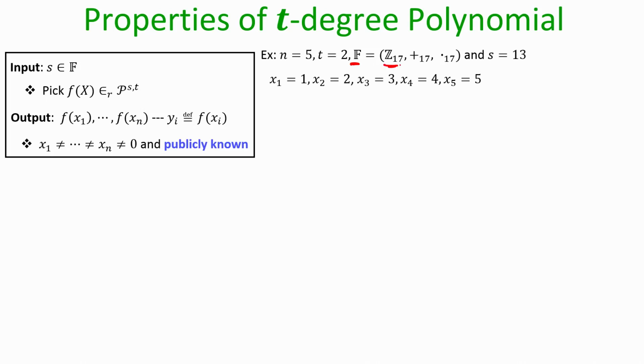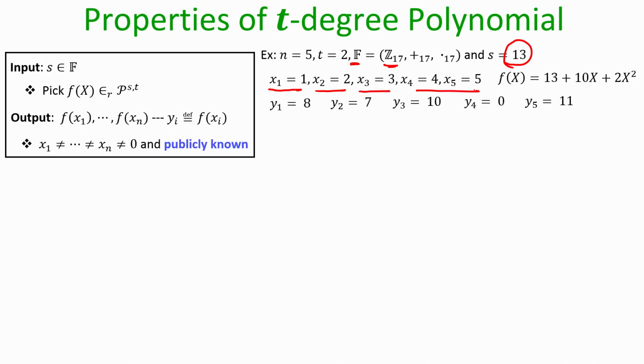Okay. So, let me demonstrate this property with this example, where I take the field to be Z17 and my input in the experiment is 13, and I am fixing my evaluation points to be 1, 2, 3, 4, 5. That means, suppose in the experiment my input was 13, I could have chosen any 2 degree polynomial whose constant term is 13, I am picking them randomly. So, imagine that I pick this polynomial, which I have chosen, but I am not telling you this, I am running this experiment myself.